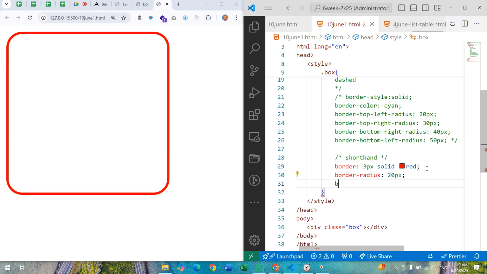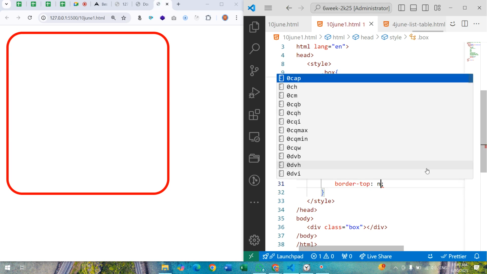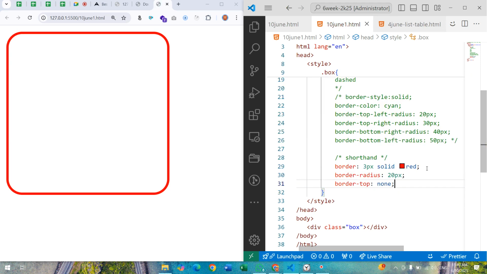Okay, if you want the top border to not be visible here, you can write border top none, so the top border will be removed. Okay, like this you can pass left, right, bottom, all directions. Left, right, bottom, top, these four directions are there. Okay,